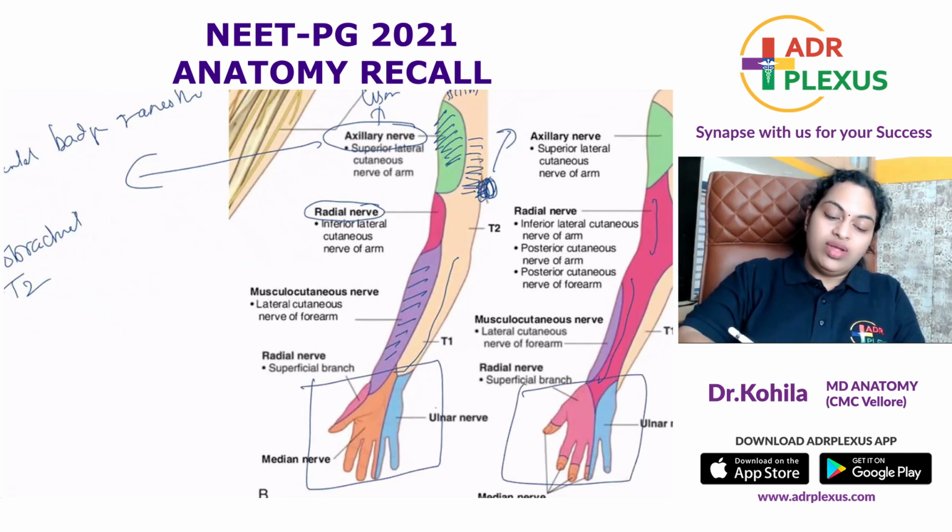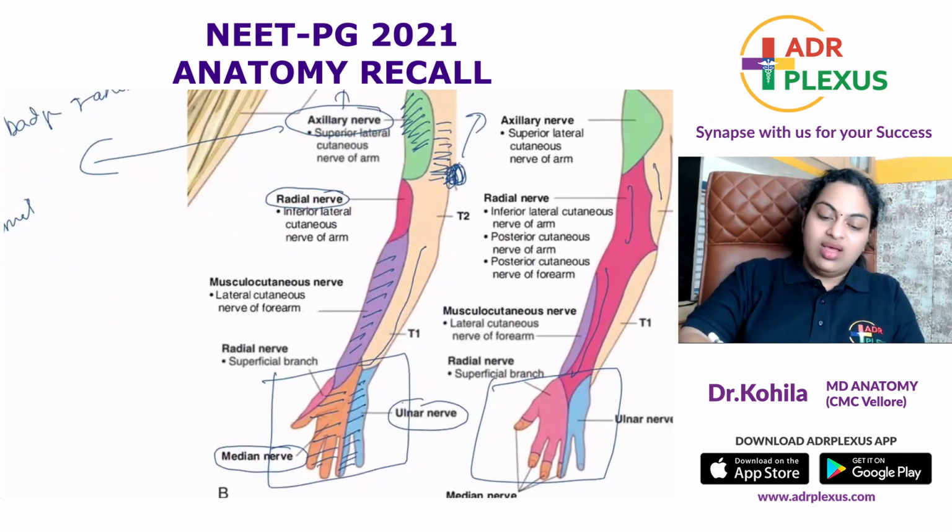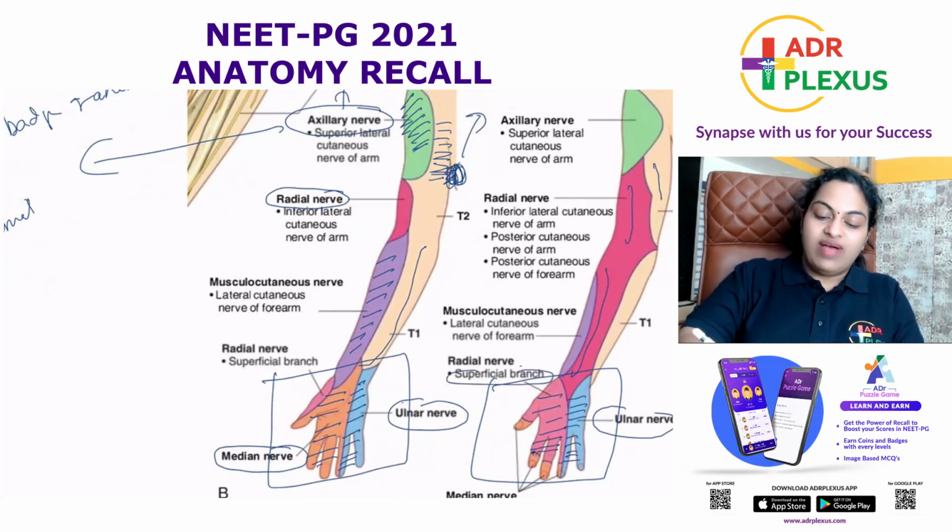Most importantly, the cutaneous innervation of the palmar aspect and the dorsum of the hand is important. You must know that the skin over the medial 1.5 digits is supplied by the ulnar nerve. The skin over the lateral 3.5 digits on the palmar aspect will be supplied by the median nerve. Whereas on the dorsum of the hand, again the medial 1.5 is by the ulnar nerve, whereas the skin over the lateral 3.5 is supplied by the superficial branch of the radial nerve, except the skin over the terminal phalanx, which will be innervated by the median nerve.